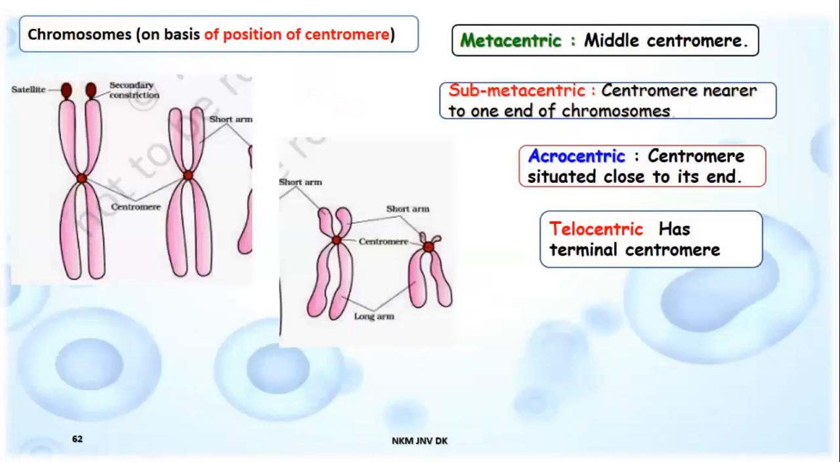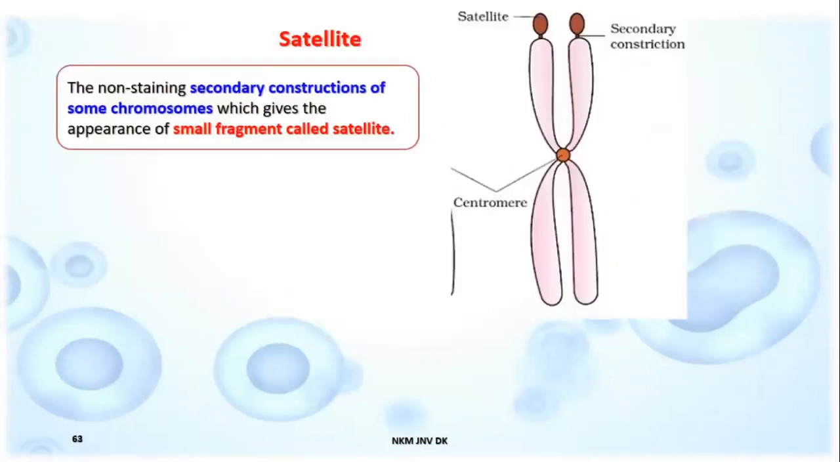On the basis of centromere position, chromosomes are of four types: metacentric, with a middle centromere; submetacentric, with the centromere nearer to one end of the chromosome; acrocentric, with the centromere situated close to its end; and telocentric, with a terminal centromere. A satellite is a non-staining secondary constriction on the same chromosome which gives the appearance of a small fragment called a satellite. So these are the structures which we have discussed in the PowerPoint. I hope you have understood all the